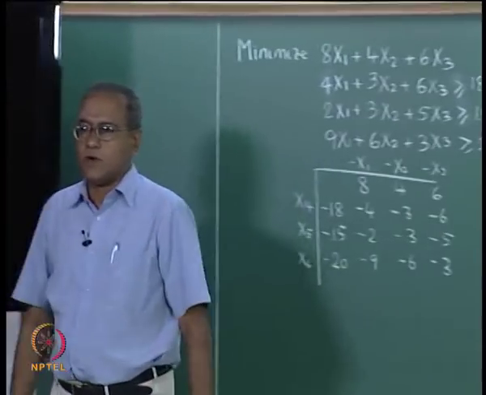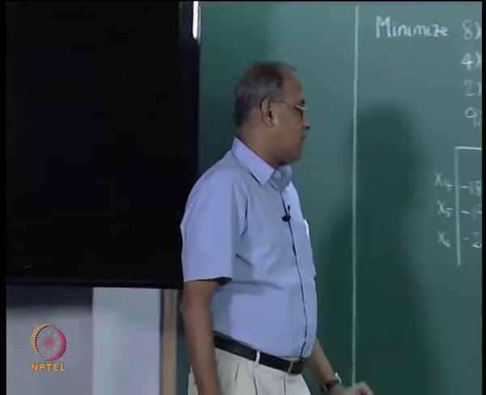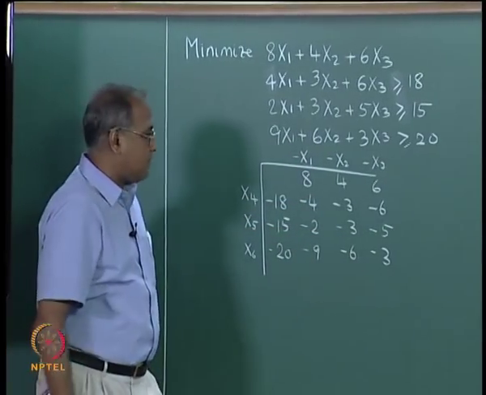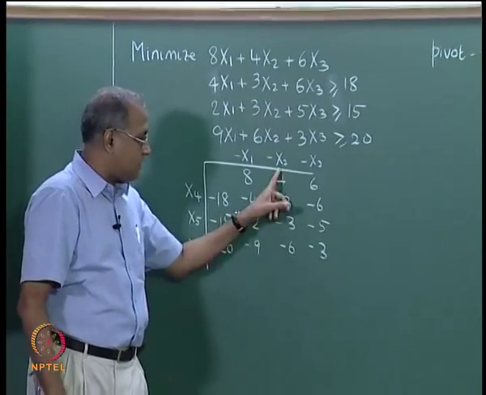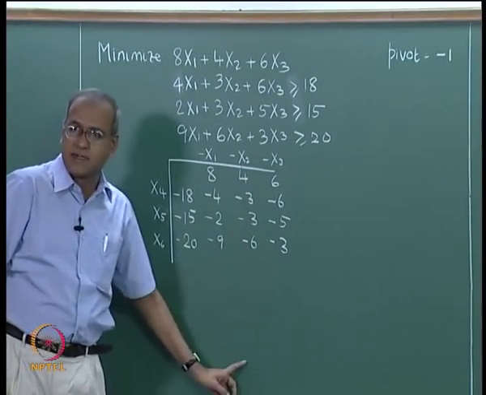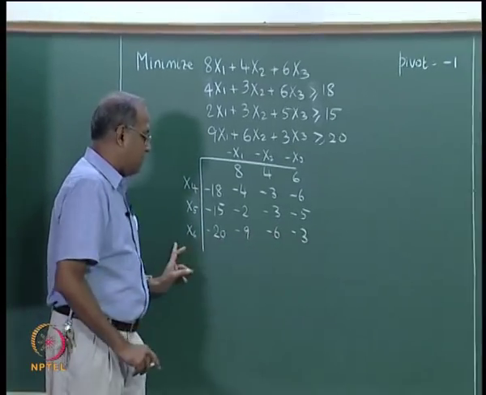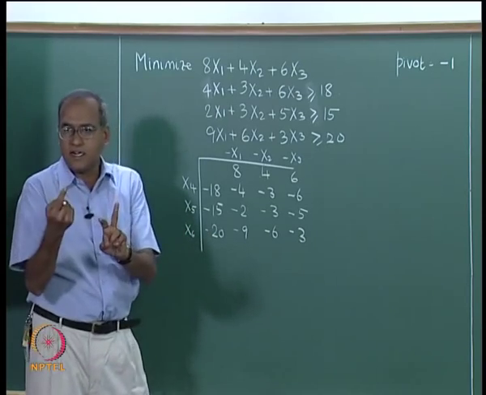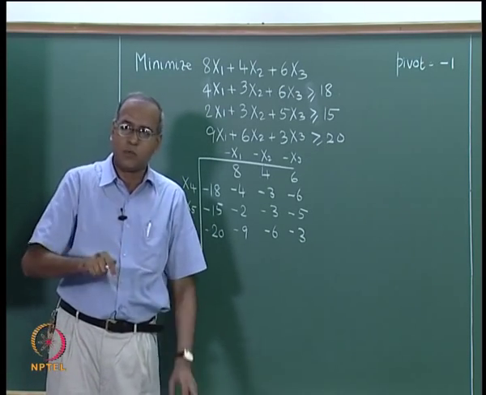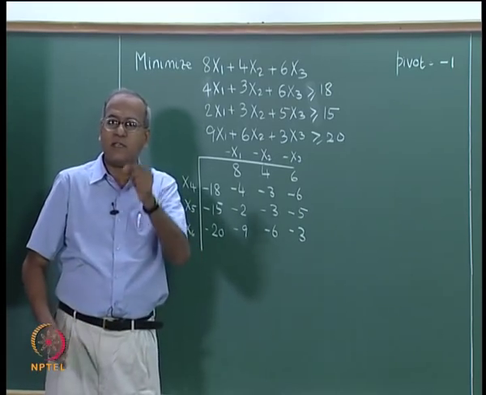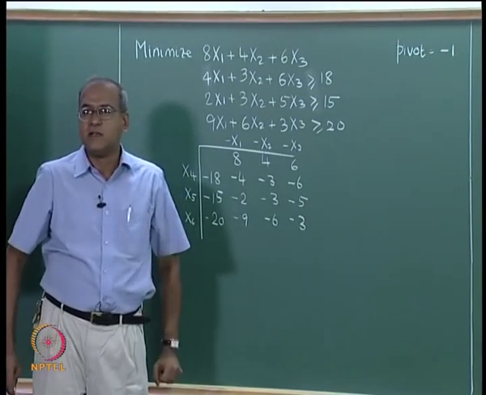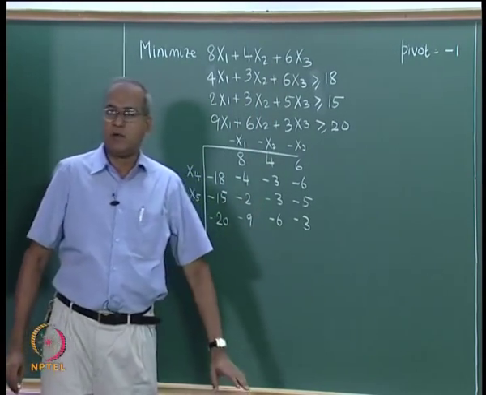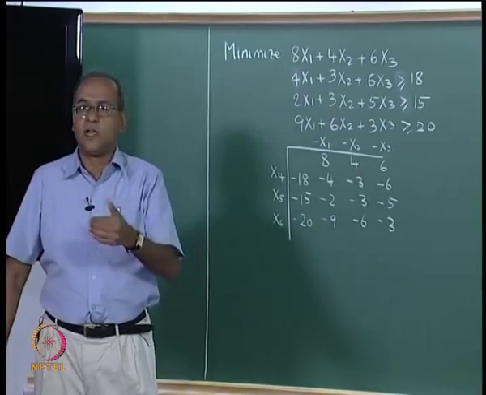So, pivot equal to minus 1 will ensure a couple of things. Number 1, the minus 1 will retain the integer character of this table. Number 2, it will also retain the dual feasibility of the corresponding column in the next iteration. And since every element of the pivot row is divided by the pivot, if there is a negative here, then that negative will become positive because you are dividing by minus 1, and therefore, one of the currently infeasible variables will also become feasible. So, for all these reasons, it is good to have pivot equal to minus 1 in an all integer dual algorithm.